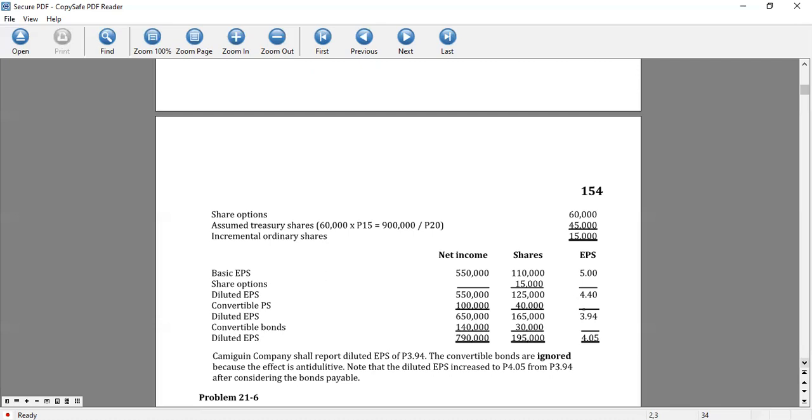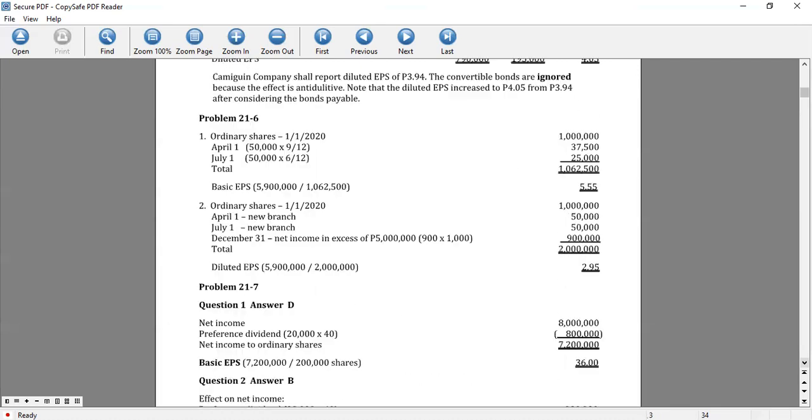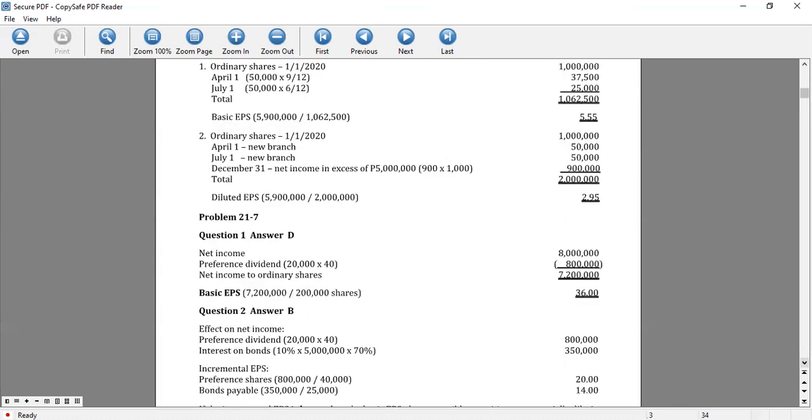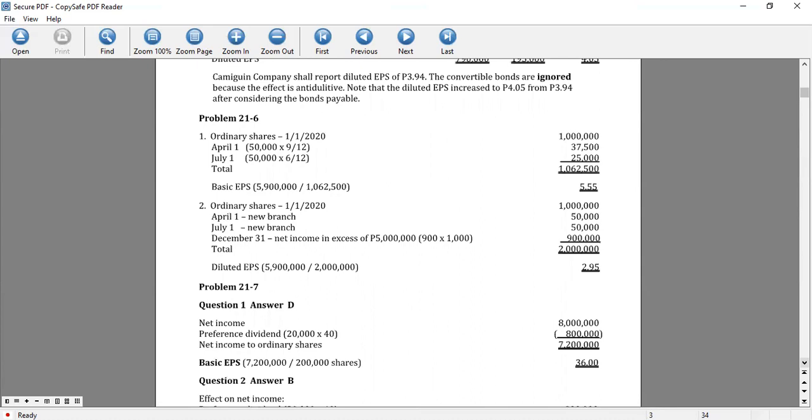That was an earlier discussion. Okay, so in 21-6, again we are asked to determine the basic